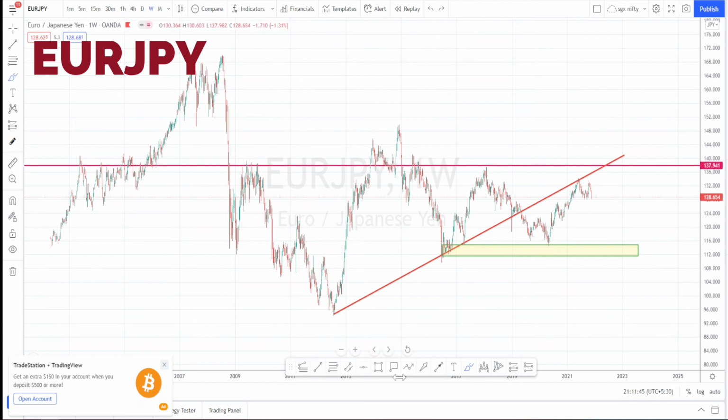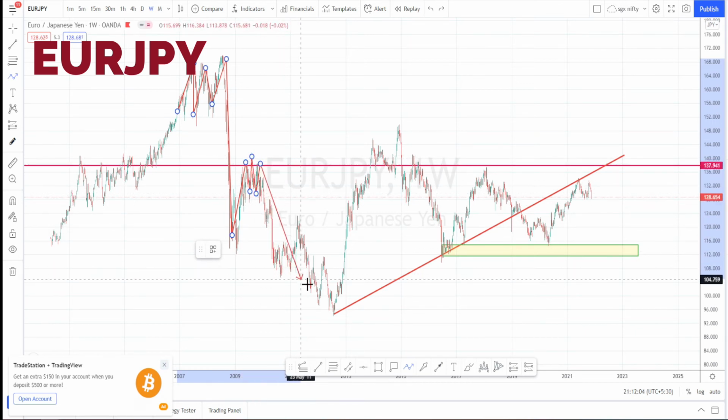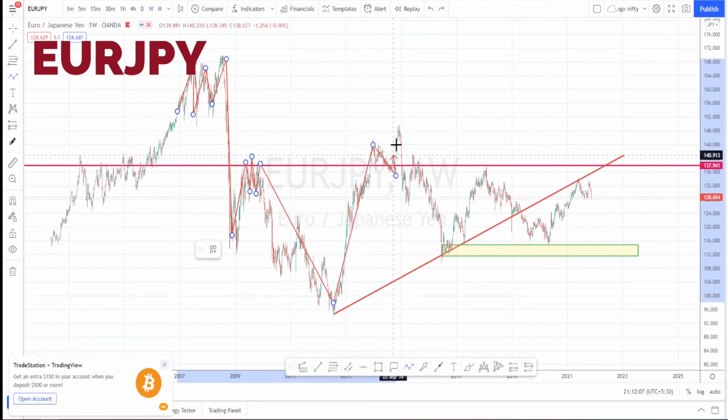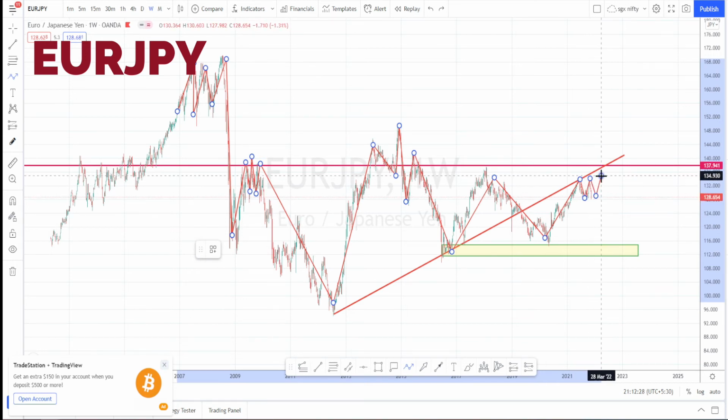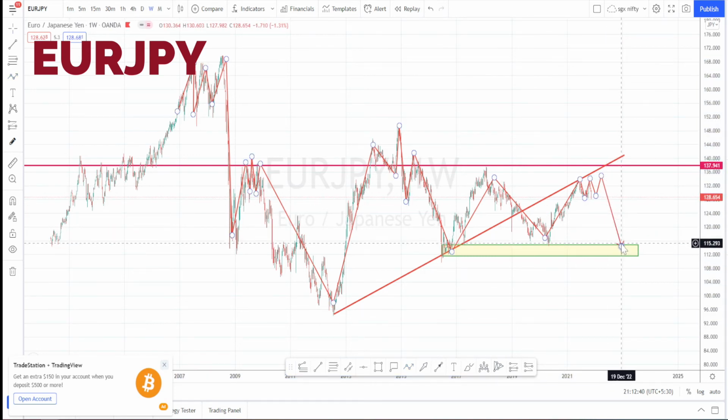And when we look at the character of these price actions, it forms triple tops every time it wants to make a big move. A consolidation sort of thing happens, and then it starts its directional movement. Here also we can notice a triple top has been formed. Then a directional movement is happening, and I'm expecting current price action also to follow the same trend. So first top has been formed, second top has been formed, and I'm expecting one more top to be formed, then a directional movement to happen and take a support over here for now.